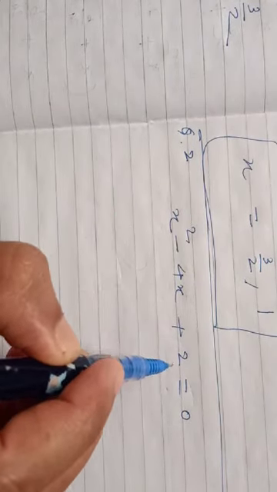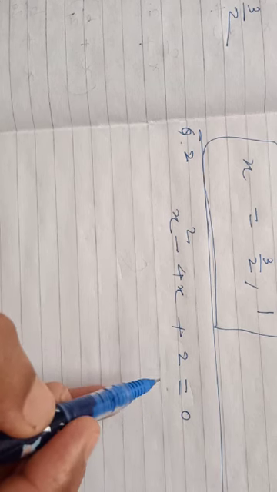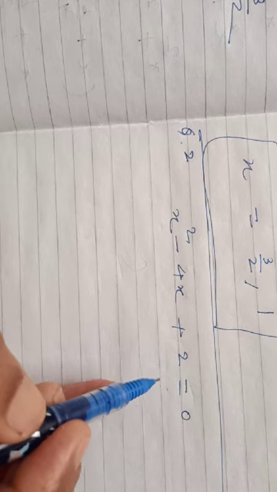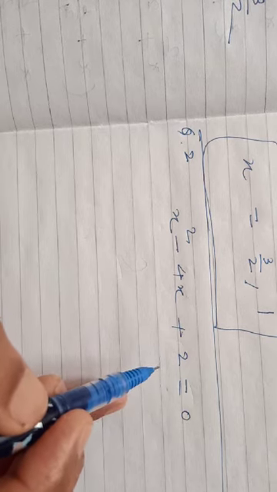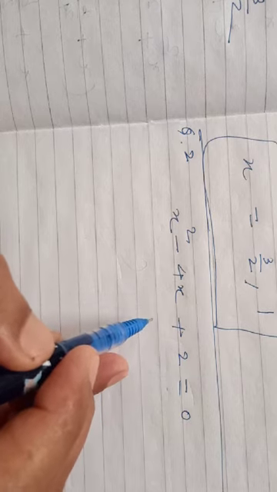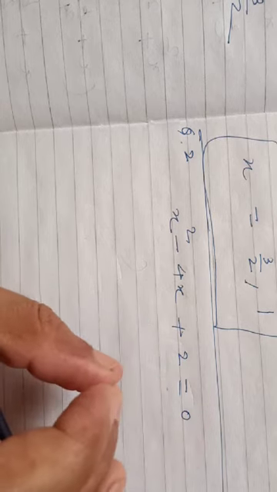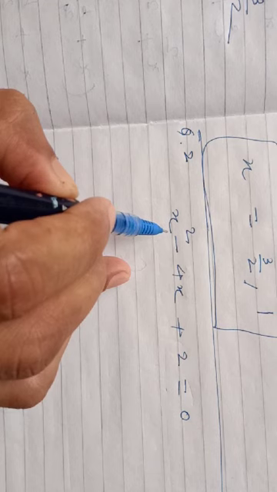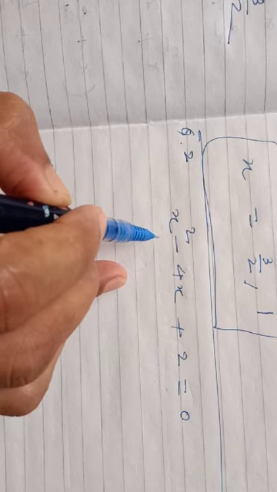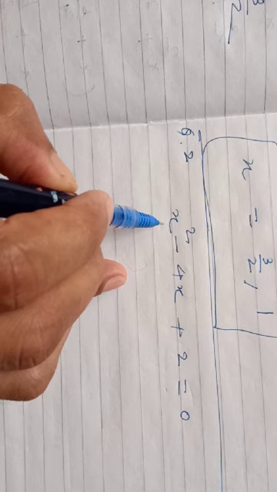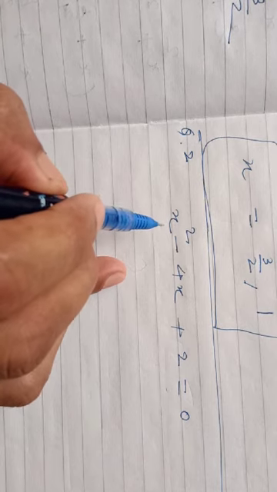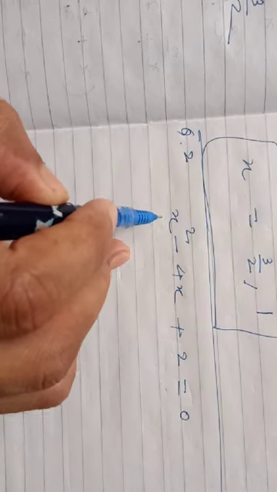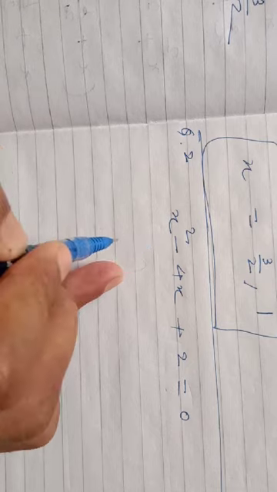x square minus 4x plus 2 is equal to 0. Quadratic equations, whatever the value of the coefficient of x square, whatever the coefficient of x, we should always apply only that concept. The coefficient of x square should always be unit, and in this quadratic equation the coefficient of x square is already given as unit. So the first step we need not apply, because the coefficient of x square is already unit. Okay, now second step,